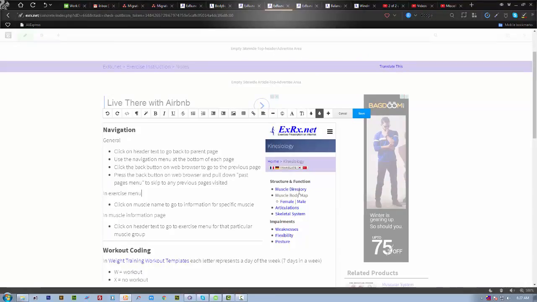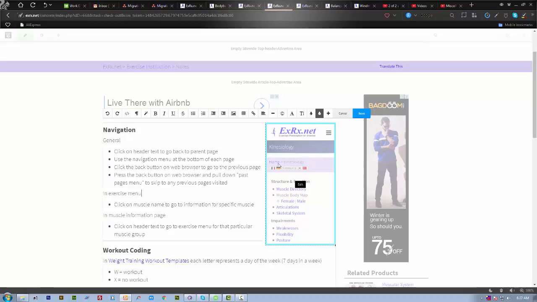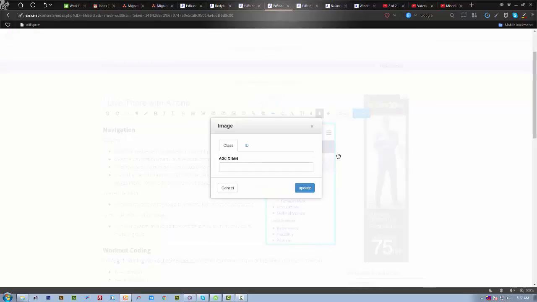Now first we have to select the image. The image was selected automatically at first, but to show you an example I have deselected the image. So let's select the image again. Now I can see that a bluish border has come. The image is selected. Now I will click on this plus icon, and then I will select the image option,